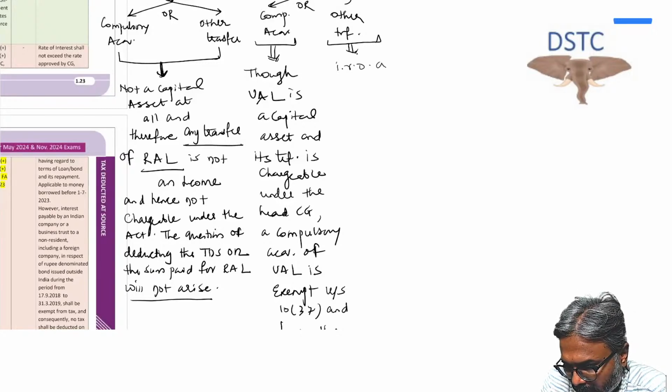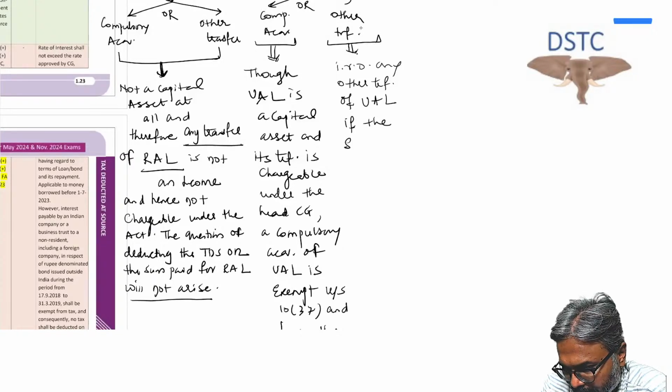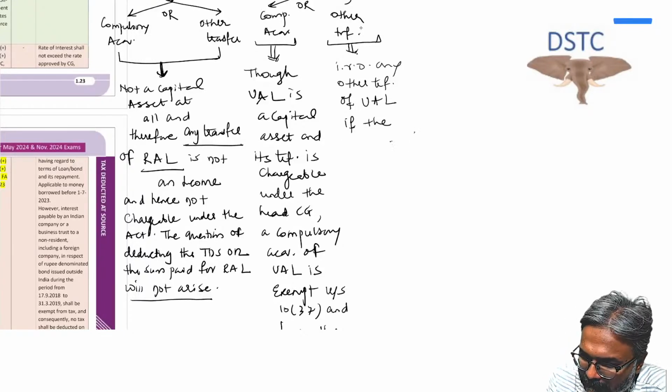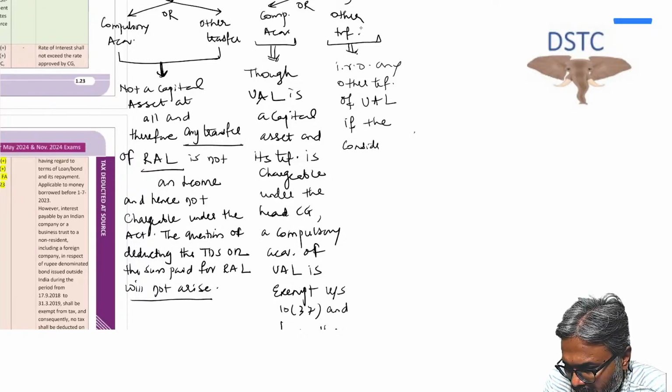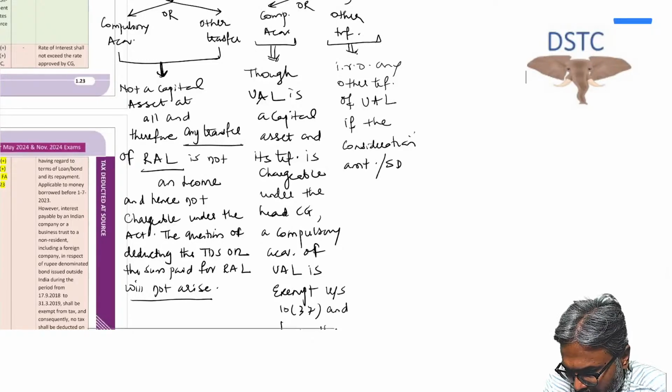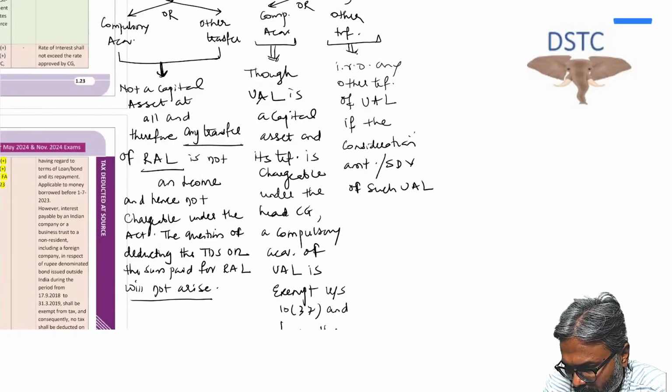In respect of any other transfer of urban agriculture land, if the sum paid, just write like this, if the consideration amount or the SDV of such UAL is greater than or equal to rupees 50 lakhs,